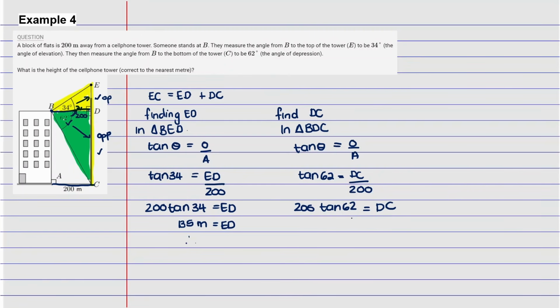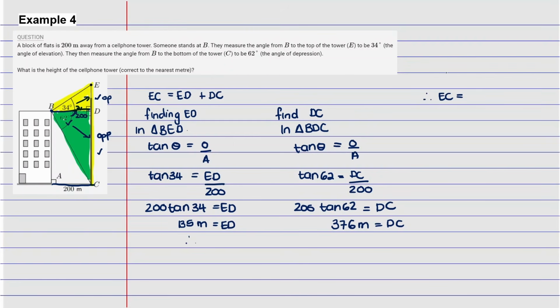So we know that DC is going to be equal to 376 meters, right? So this is going to be DC. But we're looking for the entire length of the tower, right? So we know that the entire length of the tower is basically going to be equal to E